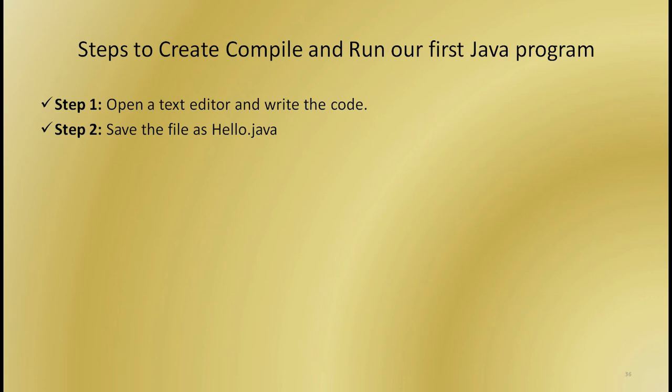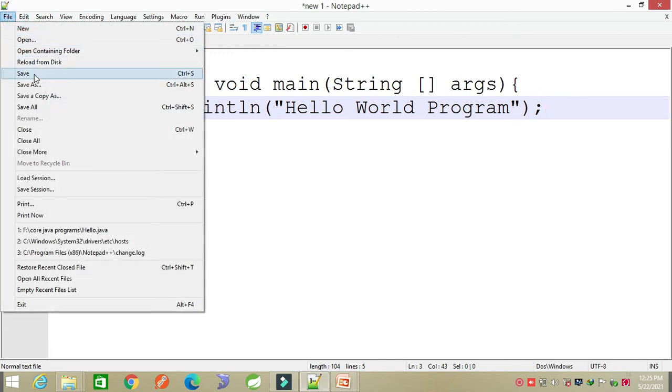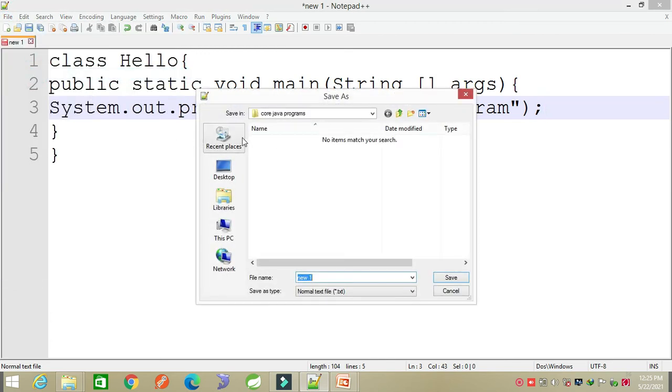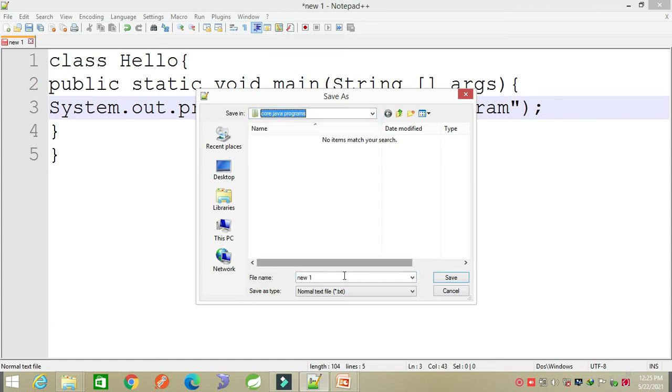Step number 2: save the file as hello.java. Save the file inside the core Java program folder and name it hello.java.